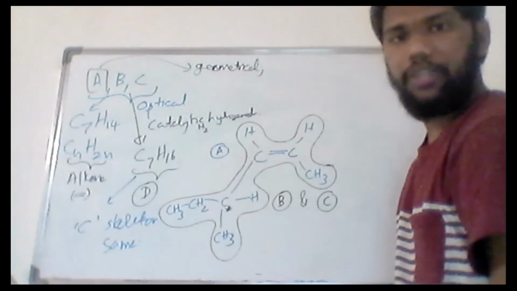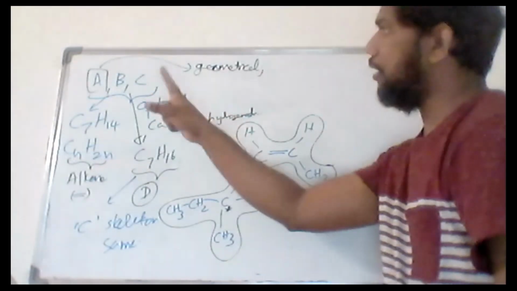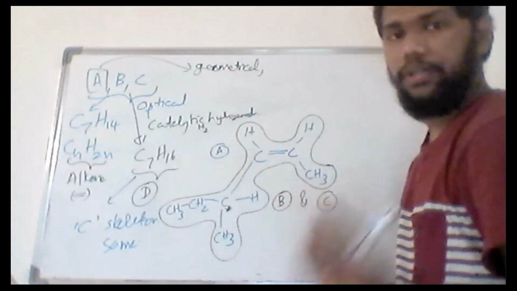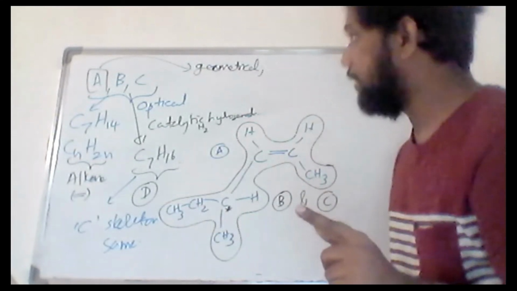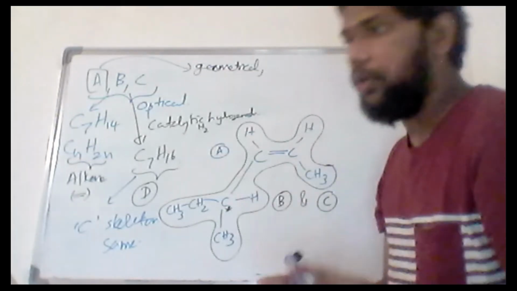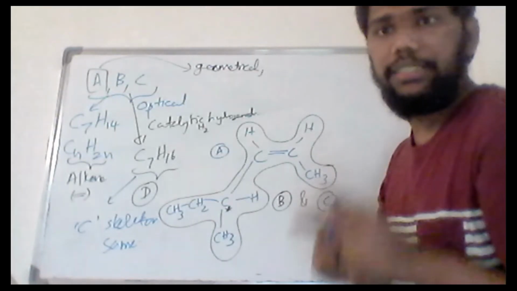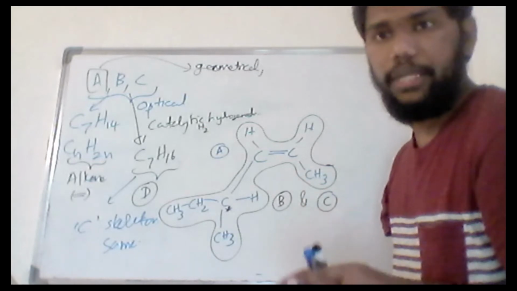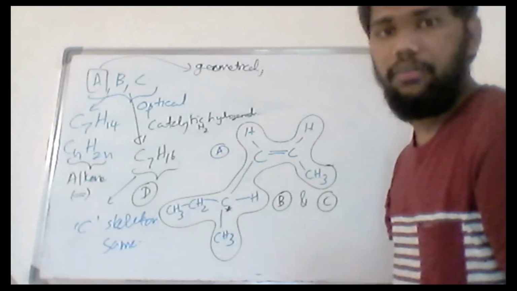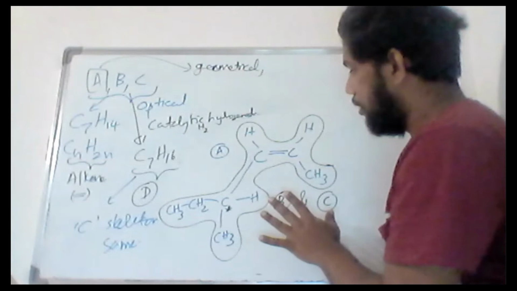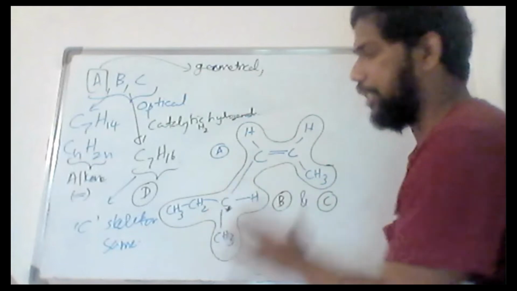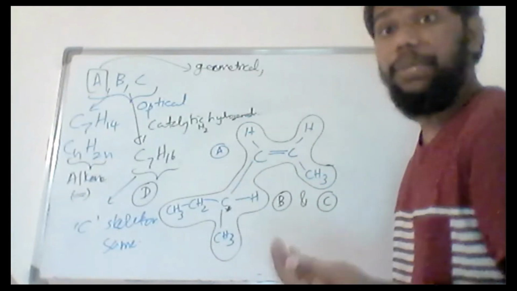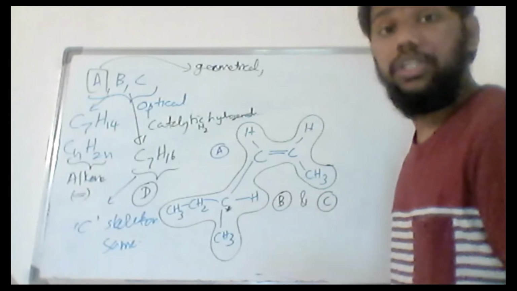So this should have the same carbon skeleton because A, B, C all give the same compound D. Okay. Now there is a fact which says B and C do not show geometrical isomerism. So there is a problem here. It does not show geometrical isomerism, which gives the idea that this double bond should change in the same carbon skeleton, where B and C do not show the geometrical